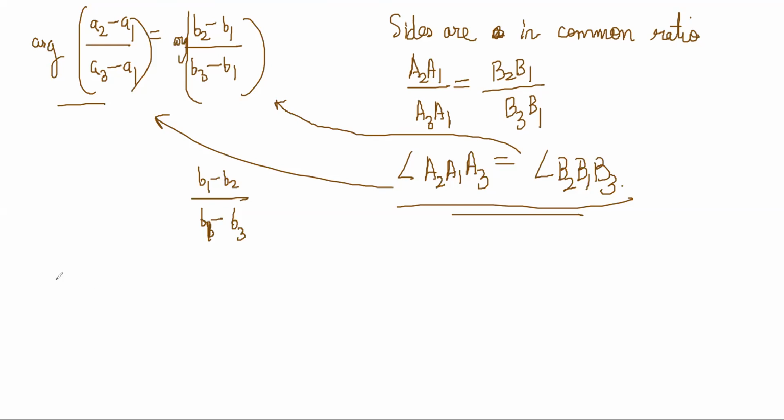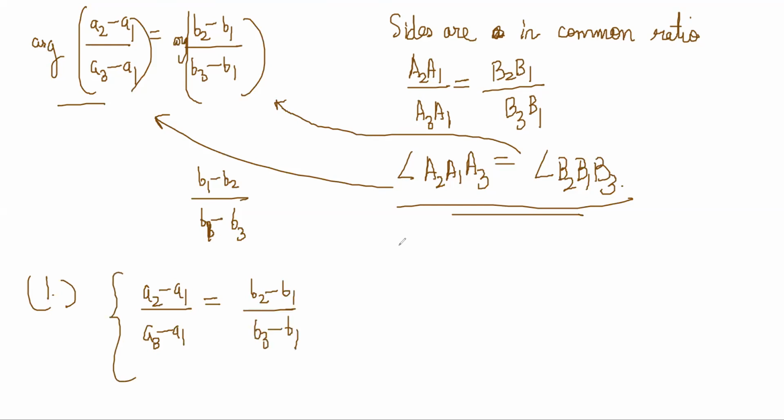So in this case, what we have realized is that triangles are similar if this happens. If these complex numbers are the same, the triangles are similar, which is a very nice condition because it is very easy to write. A1, A2, A3 is a triangle, B1, B2, B3 is a triangle. Just take whatever complex numbers, basically write it as if you are writing an angle, but don't just write the angle, write the whole complex number.